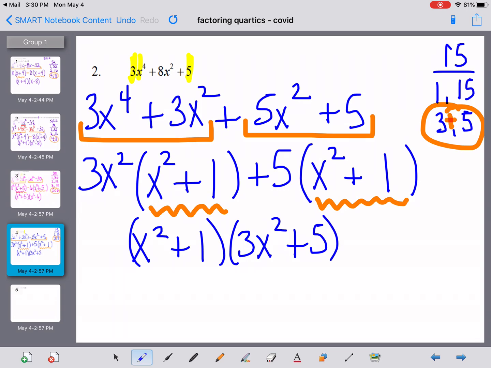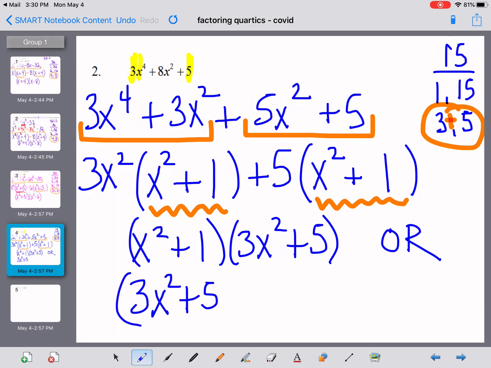By the way, it doesn't have to be in that order. Maybe you changed up the order a little bit. You could end up with 3x squared plus 5 times x squared plus 1. Both of those are the same thing. As we finish,